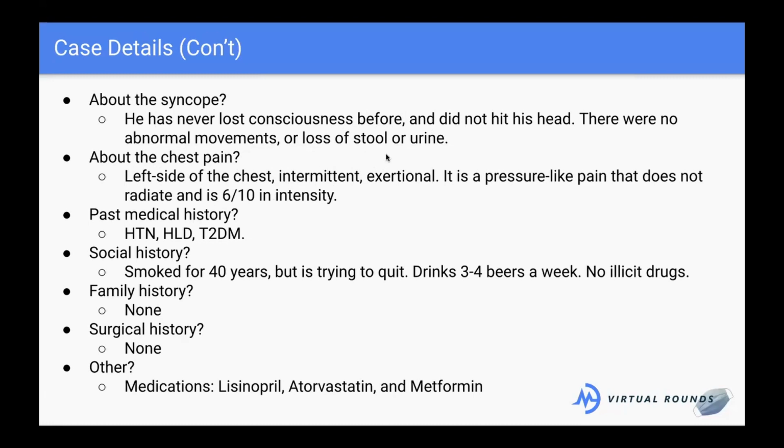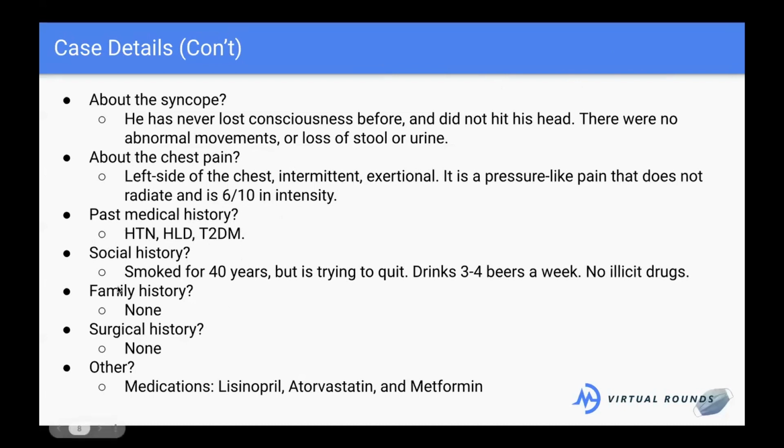So now for the chest pain, this is really important. For chest pain, we always want to say, where is it? It was on the left side of his chest. We want to know if it's constant or intermittent, if it's there all the time or it's only there, like Mrs. Pena said, when he was bringing in groceries or walking upstairs or exerting himself. We call that exertional chest pain. And he describes it as pressure-like. It doesn't radiate, like someone pointed out. And it's a 6 out of 10 in intensity. If we can give something a numeric score, we like to do that. So 6 out of 10. These things were all on the other chart. These are just common medical abbreviations: hypertension for high blood pressure, hyperlipidemia for high cholesterol, and type 2 diabetes.